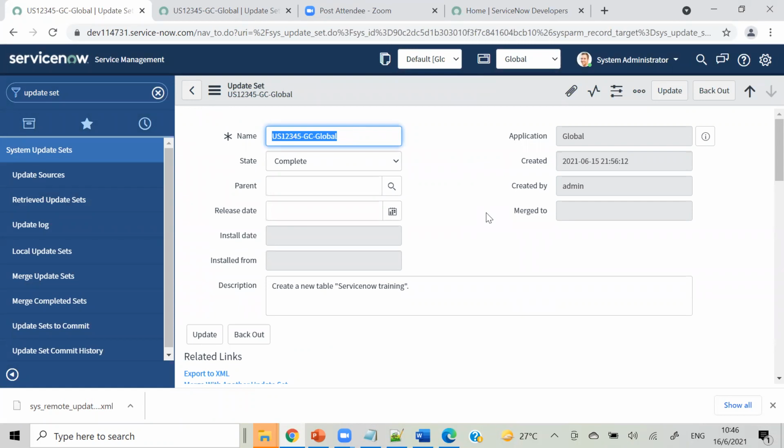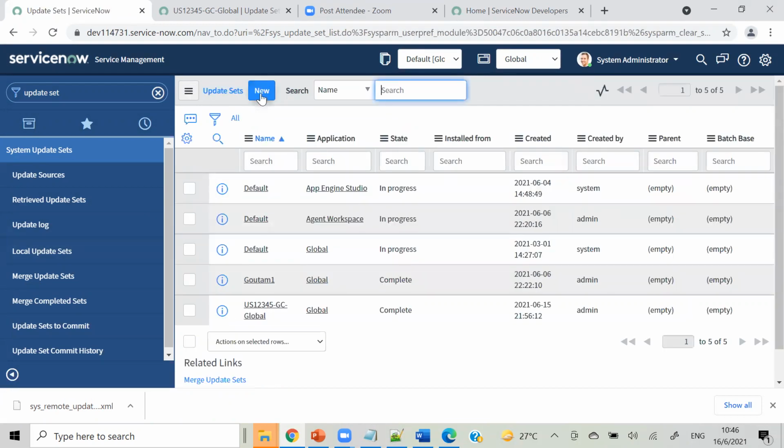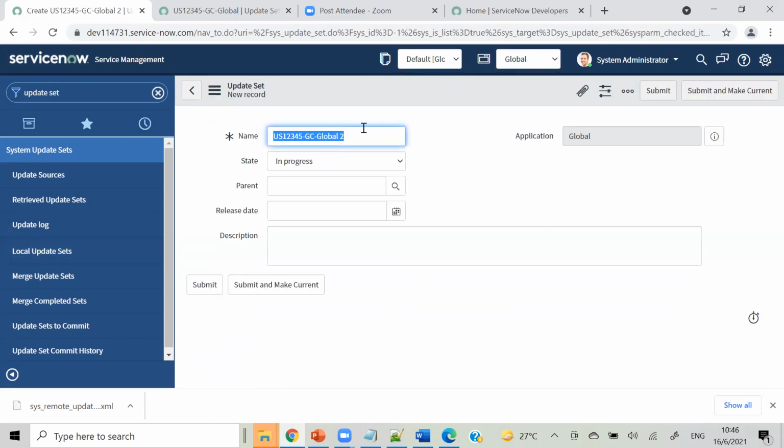That is one scenario. And if I made some changes but those were wrong, if I have to capture something again and move it, I will create a new update set and give its name with dash v1, because this is version 1 and the older one was version 0.